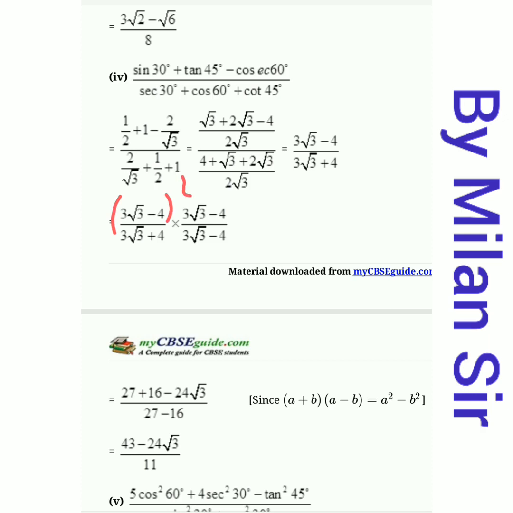Now in the denominator, x plus y, x minus y. So first term square, 3 under root 3 square. So 3 square 9, under root 3 square only 3, so 27. Then the negative sign is there. Then 4 square, second term square, so it's 16. Now in the denominator 27 minus 16 is 11. And in the numerator 27 plus 16 is 43 minus 24 under root 3 as it is. And this is our final answer.